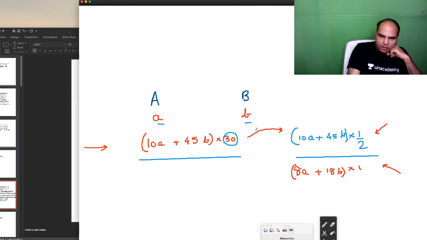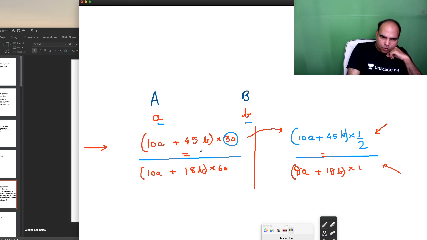So logic here is the equality of these two. और इस equality को अगर तुम minutes में करते तो you would have done this as 10A plus 18B into 60 कर सकते थे इसको. Right? So whichever way you do it,